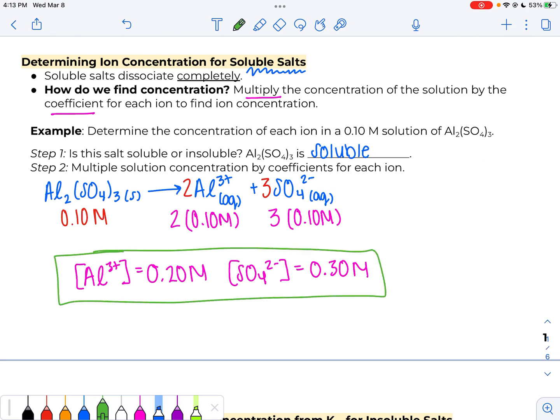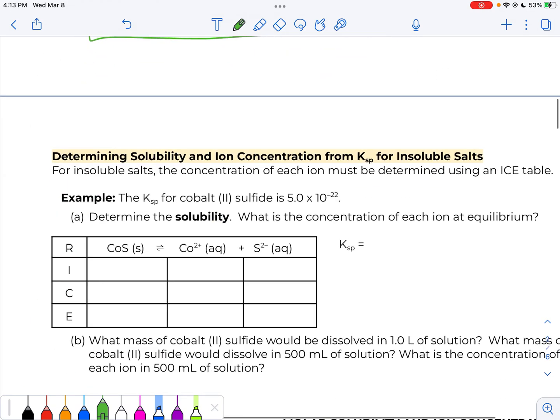Boom, boom. Nice and easy. Love to see it. Yay for soluble salts. All right, now we're moving into